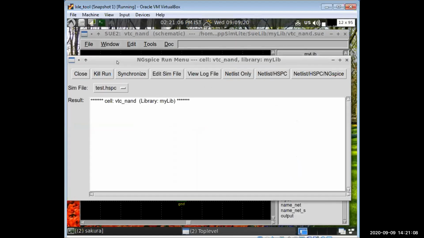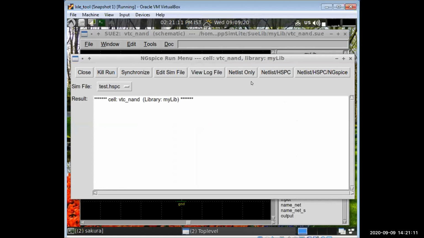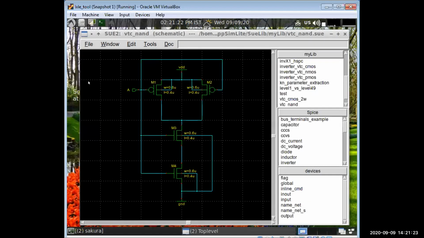Hello, Shatabdi. In the circuit, you have shorted A and B. Yes, sir. Why? Sorry, your voice is breaking. Show the schematic. You have shorted A and B in the pull down network. Yeah, I have given only one voltage to both A and B. For example, this is A and this is B. I have given only one voltage, as Prachi showed, and I will be giving that voltage in the netlist directly.